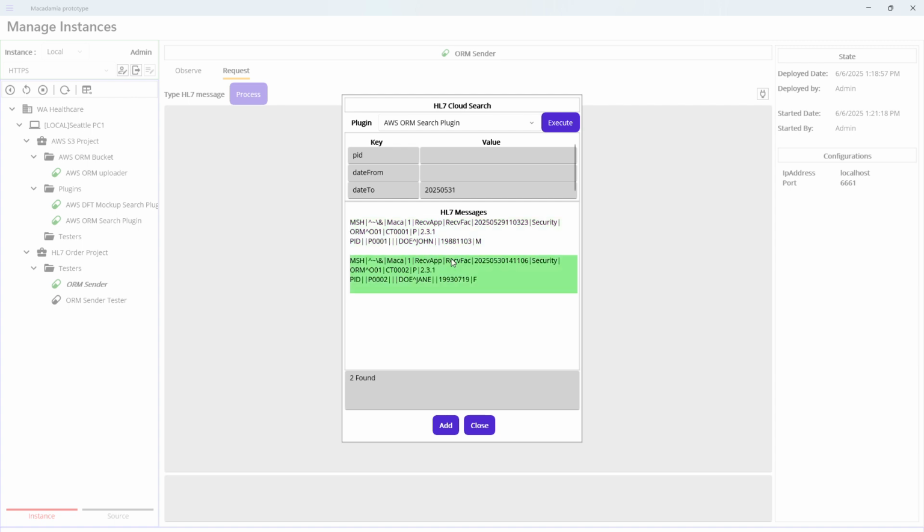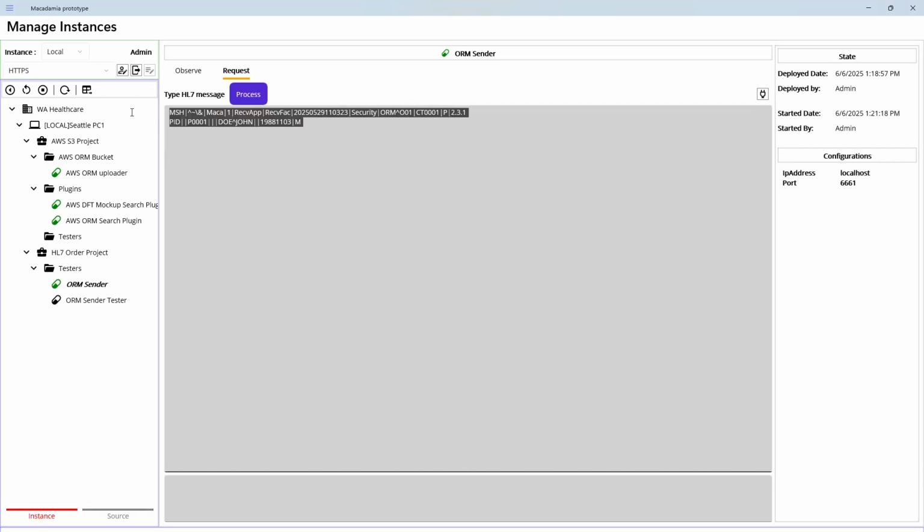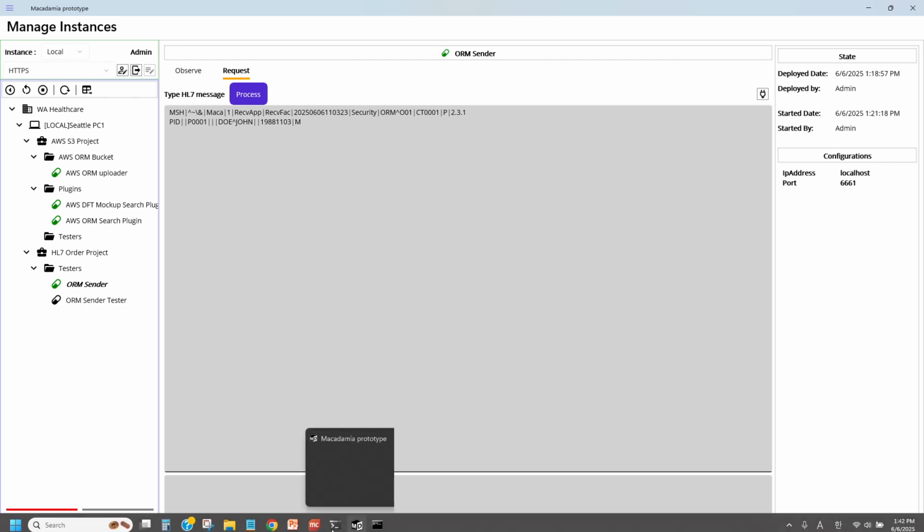But after we retrieve them, we cannot pass the entire message to the main window, which is the HL7 pane. So we do it one by one: we choose the first one, and it will be populated in the HL7 message pane. Then, based on their requirement, you can change the value, maybe to today, and then hit process, and it will send to the